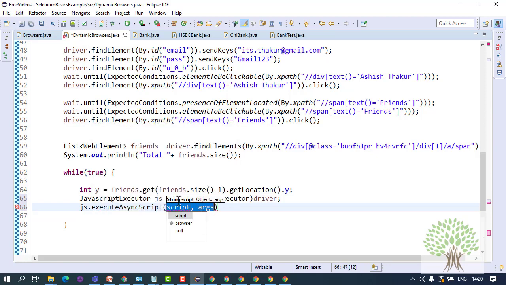You will have to use the JavaScript command window.scrollTo x. I'll keep 0. Now I have to mention some y coordinate over here. Okay, so the y coordinate I will substitute in between.